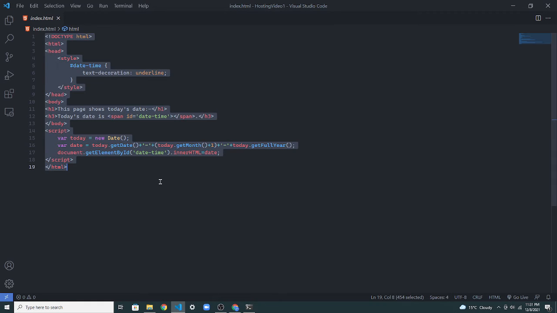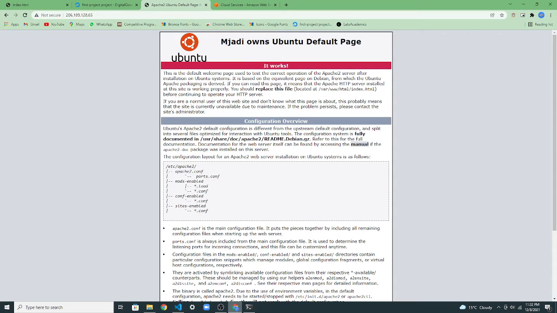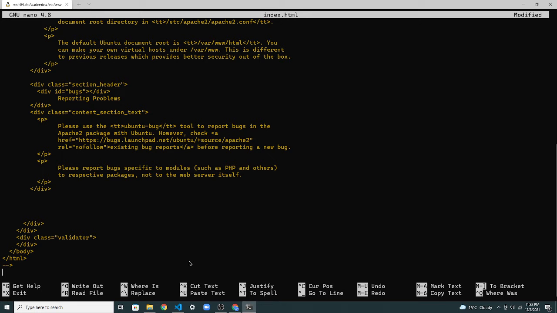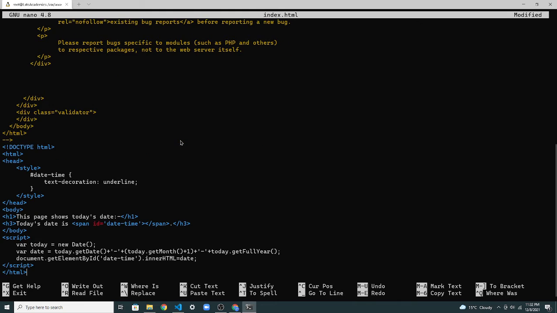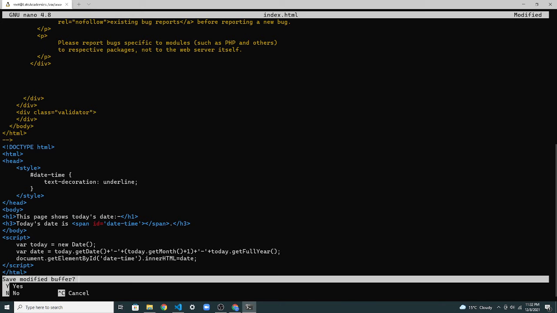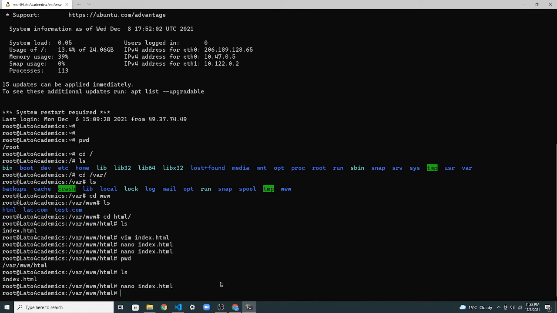Either you can FileZilla this code into this directory using the IP address, or you can just copy paste. If you're hosting a dynamic website with Node.js or many frameworks, then mainly you will FileZilla into the server and use the IP. But here we are going to just host a web page, it's not even a website. So let's paste the code over here. Here we have the code pasted. Let's exit. Yes, this is the code.